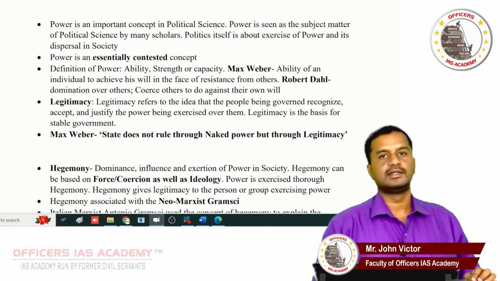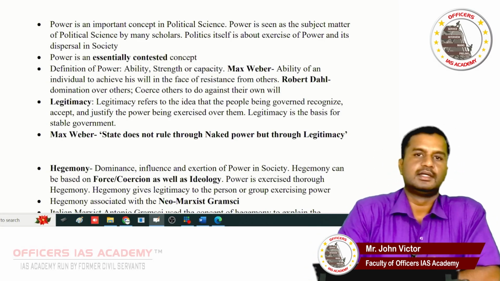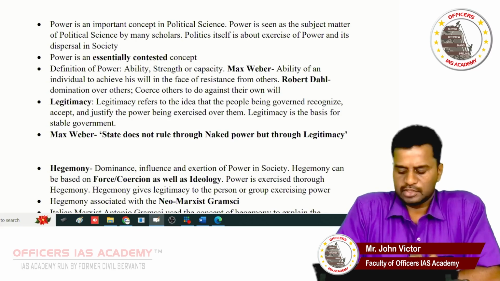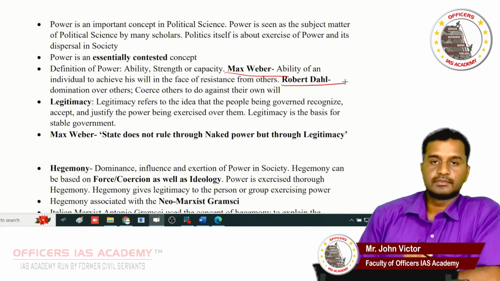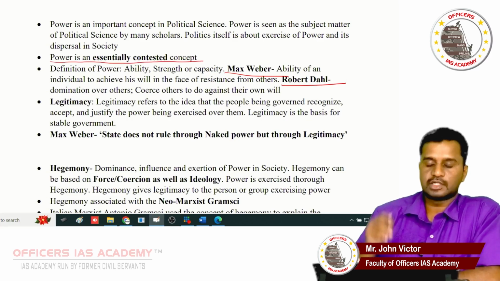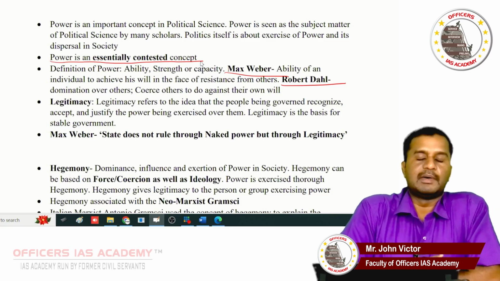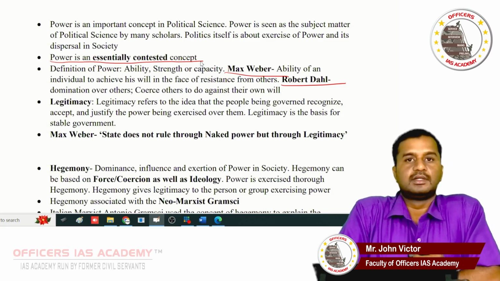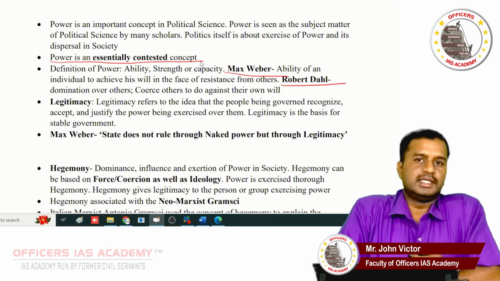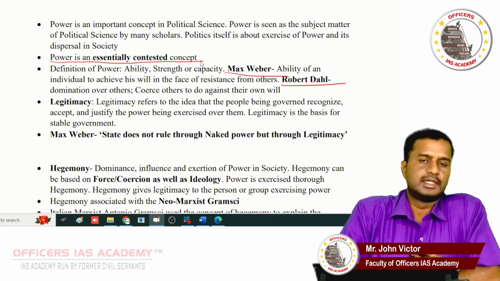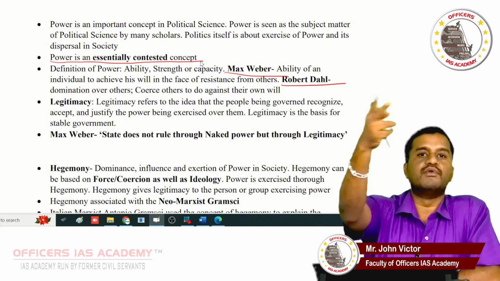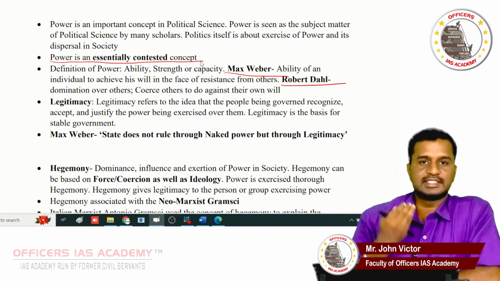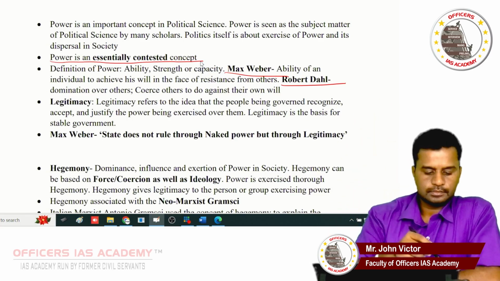Power is the ability of actors to assert their will. Power is spoken of by different scholars. Max Weber spoke about power. Robert Dahl spoke about power. But power is an essentially contested concept. There are different conceptions of power. Power can be viewed negatively, it can be viewed positively. Scholars like Hannah Arendt, Gandhi, and Marx had a positive view of power. It is called power to. Scholars like Hobbes, Machiavelli, and others had a negative view of power. It is power over, domination. So mention these aspects. Give a strong core.